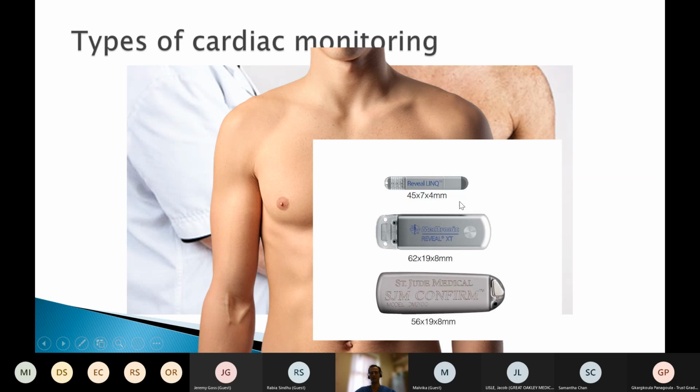But this is a Reveal Link device, and it is about the size that it probably appears on your screen. It's nice and, in fact, smaller than that. It is genuinely injectable and takes 5 minutes to put in. Can be quite hard to find, to take it out afterwards. Battery lasts for about 3 years, and it's very good at detecting if there's an arrhythmia, but we crucially want